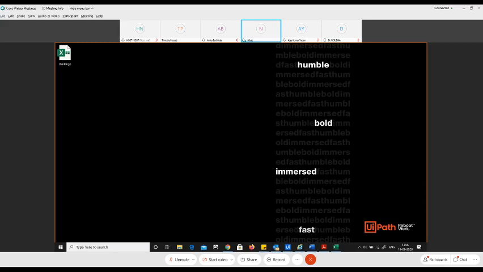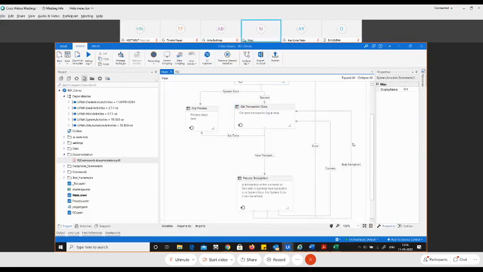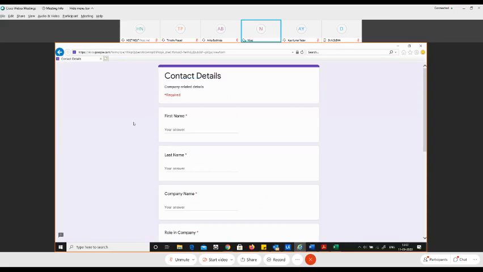Okay, where's the UiPath Studio? Okay, so there you go. As I said earlier, we have used this Google form where we are inputting all the values into the form, reading from a queue item.